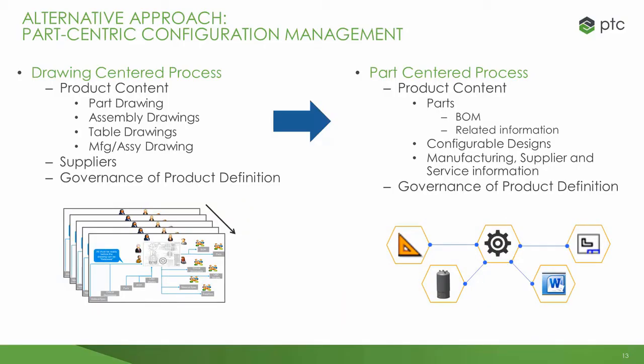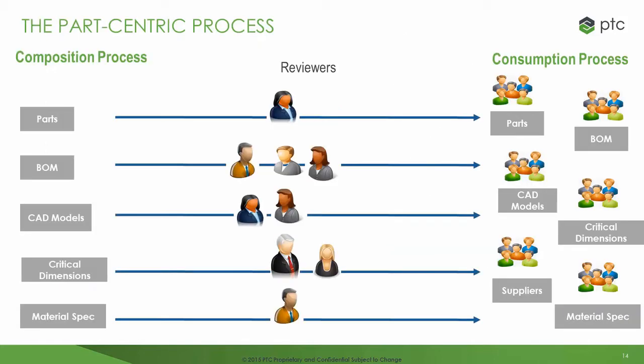If, instead of composing all the information onto the drawing and making the drawing the single pipeline of information, let's see what happens when each piece of that same information is managed independently in a part-centric process in Windchill PDM Link. The same information is created in both processes, but we'll see how the part-based approach avoids the bottlenecks associated with the drawing-based approach. In this case, information is composed and released as soon as it makes sense to do so. We don't need, for example, to wait for the material spec to be complete before the BOM is made